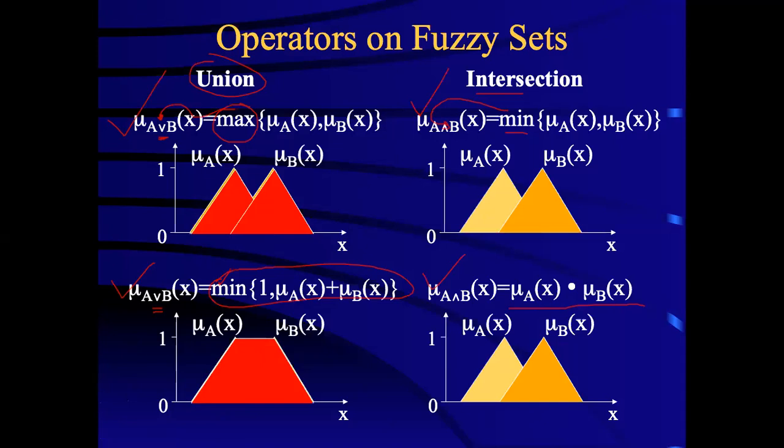और similarly intersection केस के अंदर या and ऑपरेशन केस के अंदर अगर मैं min ऑपरेशन लेता हूँ तो this is what the triangle in red would be the output, और अगर मैं dot ऑपरेशन लेता हूँ so this is what you'll be getting, again a triangle but with a smaller height, क्योंकि यहाँ पे आप मेंबरशिप वैल्यूज को मल्टीप्लाई कर रहे हैं, दोनों में से मिनिमम नहीं ले रहे। ठीक है, तो लेट्स से कि अगर मैंने